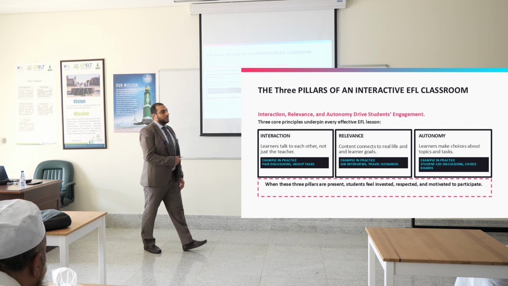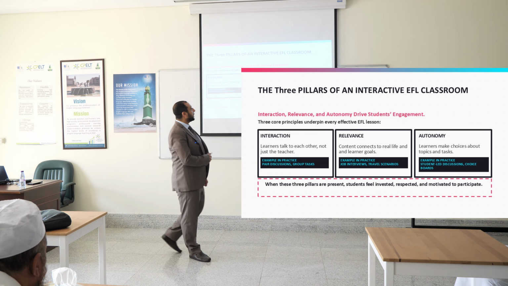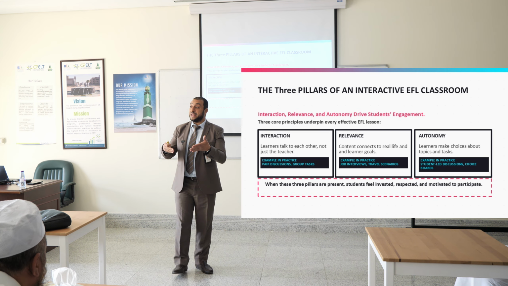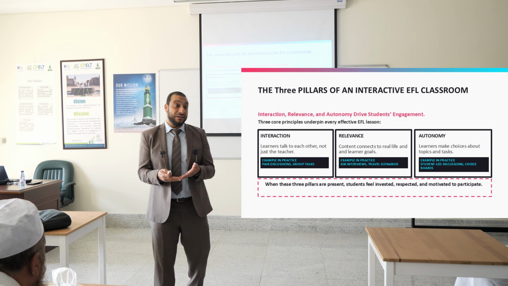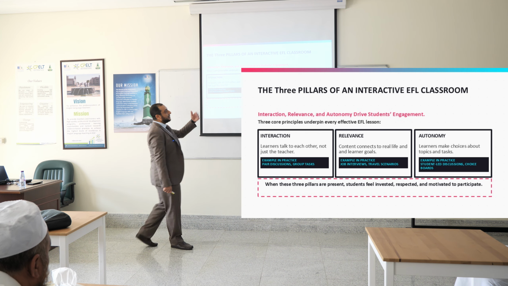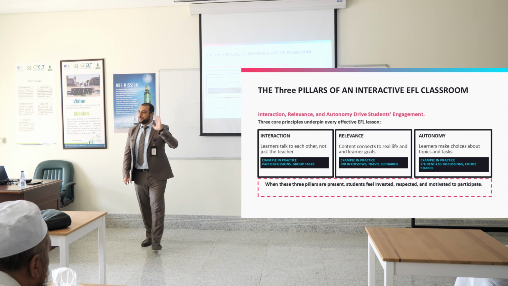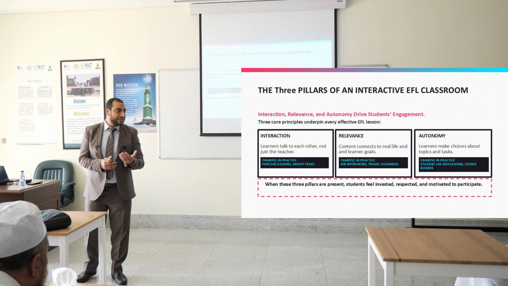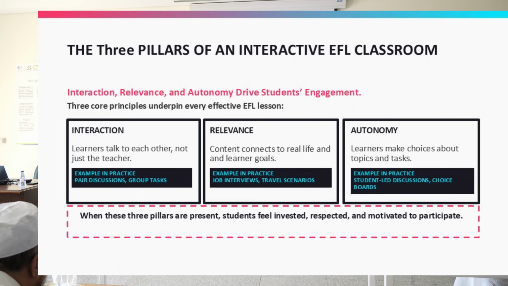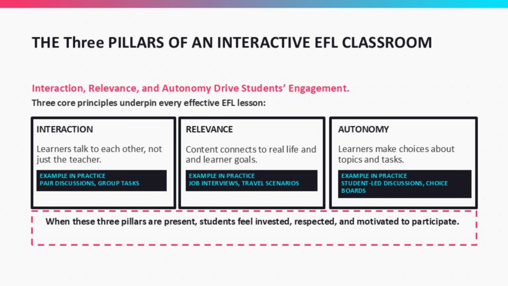When it comes to autonomy, learners need to make choices about topics and tasks. So we need to involve them sometimes in task design, sometimes in decisions in class, like student-led discussions and choice boards. Do you remember we talked about choice boards when we discussed differentiated activities? Anyway, we will see an example now. So, when these three pillars, interaction, relevance, and autonomy, are present in our classroom, students feel invested, respected, and motivated to